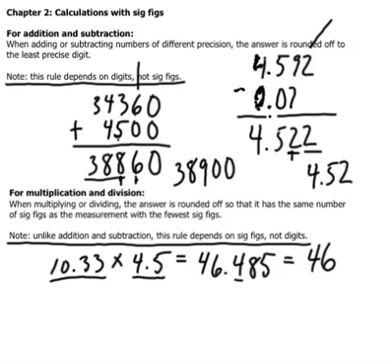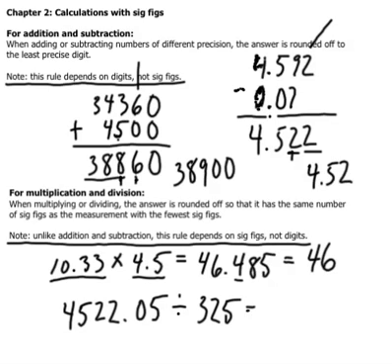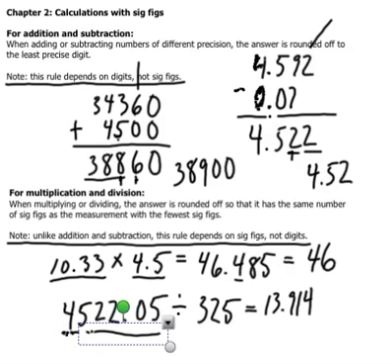All right. A division example. 4522.05 divided by 325. Plug it into the calculator and you get 13.914. Okay, again, this one has 6 sig figs. This one has 3 sig figs. So your answer has to have 3 sig figs. So you report this answer as